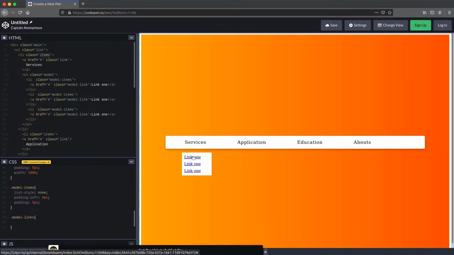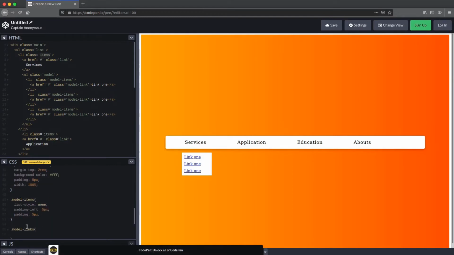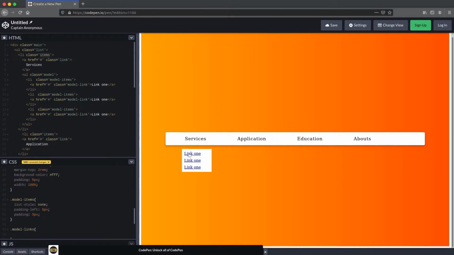Okay, now style these links, but we already styled a link, so I just copy this style. I don't want to waste my time. Just change the class name.